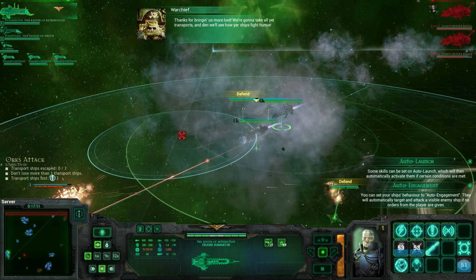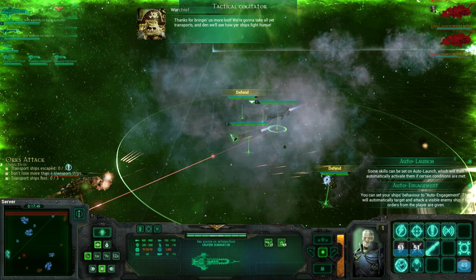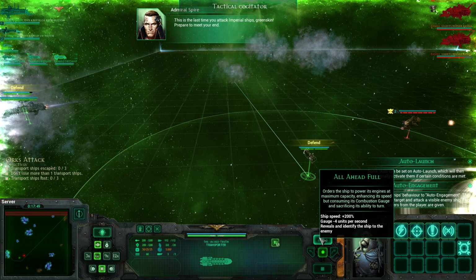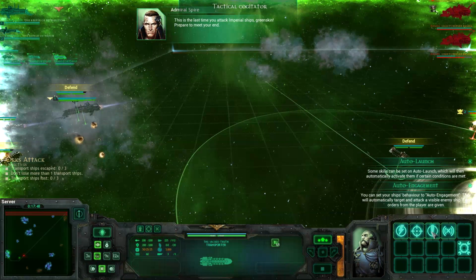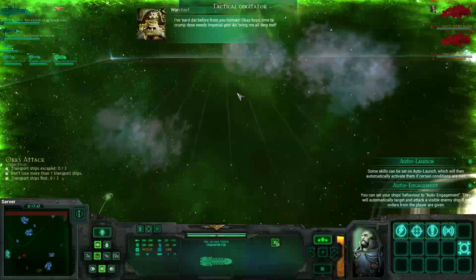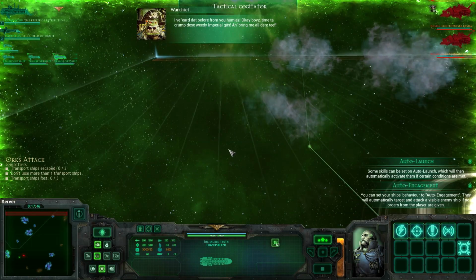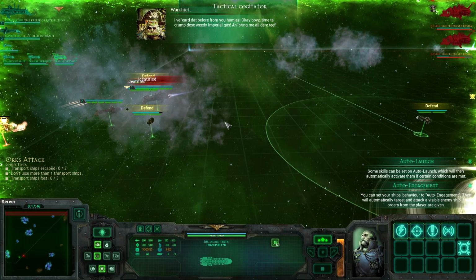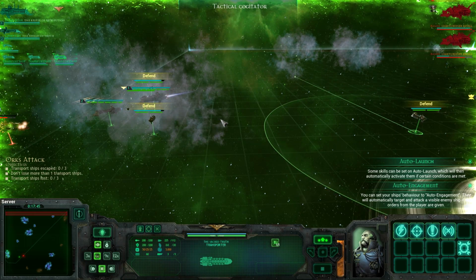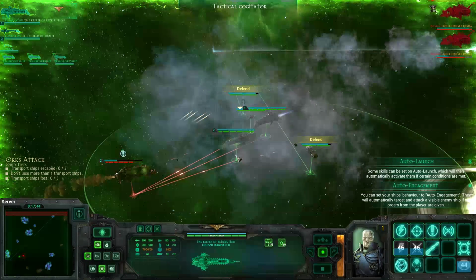For bringing us more loot, we're going to take all your transports, and then we'll see how your ships fight, human. This ship's greenskin. We need him to go quickly. To meet your end. I've heard that before from you, Yumis. Okay, boys, time to crump these weedy Imperial gits and bring me all their teeth. Bring me all their teeth. We's coming for ya. In Orcish society, teeth are currency, so...